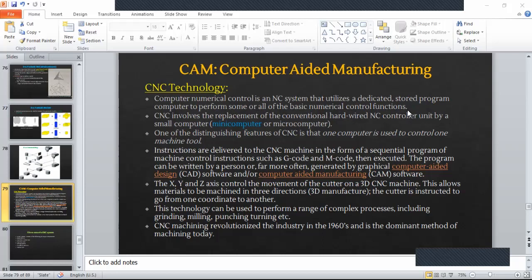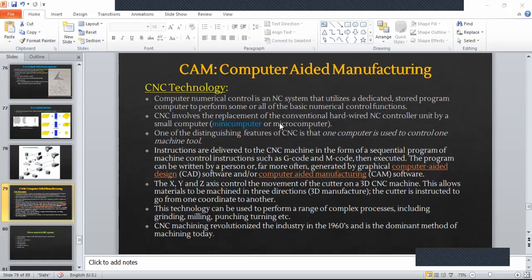Okay, using those control instructions. CNC involves the replacement of the conventional hardwired NC control unit by a small computer, which we call mini computer, or microcomputer. So how we are able to replace that? We had hardwired NC controller.